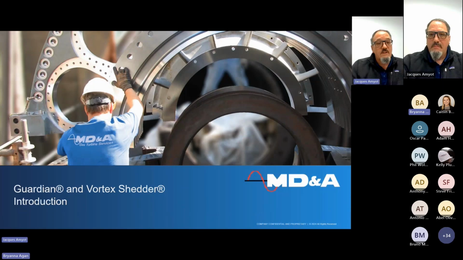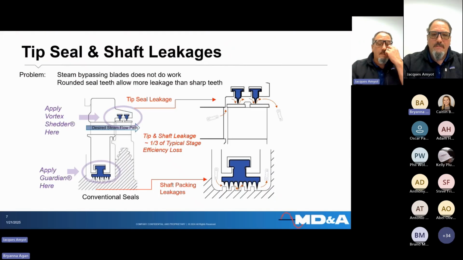And then just a discussion about Guardian Vortex Shutter technology and how it may differ from conventional seals. First of all, the main problem that we're trying to resolve in design of seal strips and packing rings for seals is that steam that bypasses the steam path, the blades within the turbine, does not do work. In other words, it's just essentially thrown away. So what we do in order to